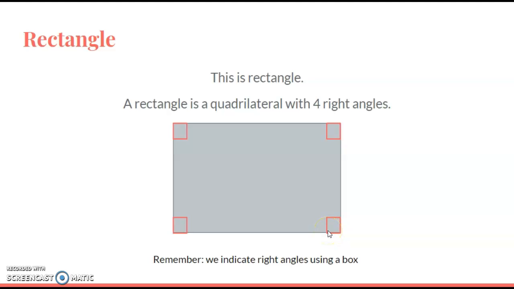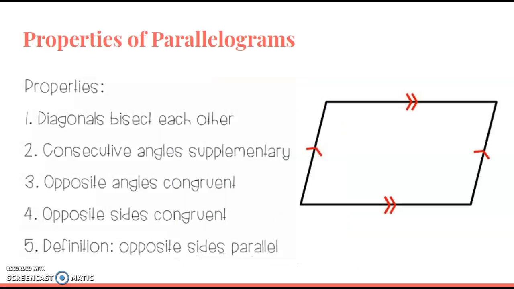Now, you heard me mention that this is a special parallelogram. You'd be wondering, well, this is a rectangle, and you would be right. But it turns out it's both. I just want to remind you of the properties of parallelograms. The diagonals bisect each other, consecutive angles are supplementary, opposite angles are congruent, opposite sides are congruent, and the opposite